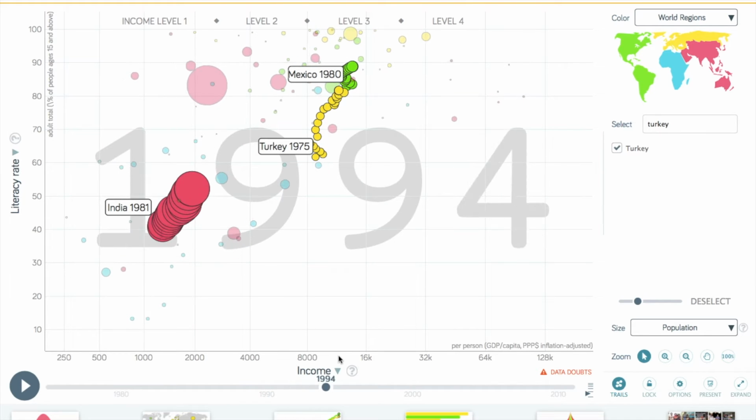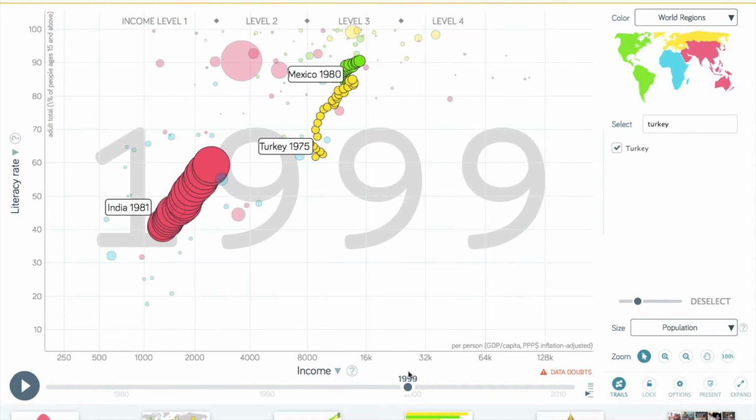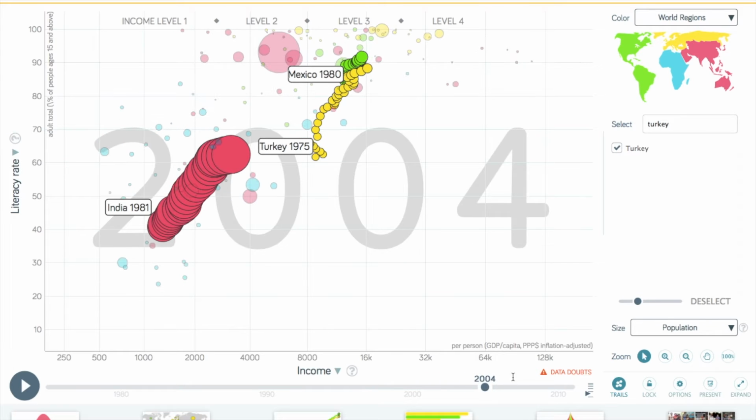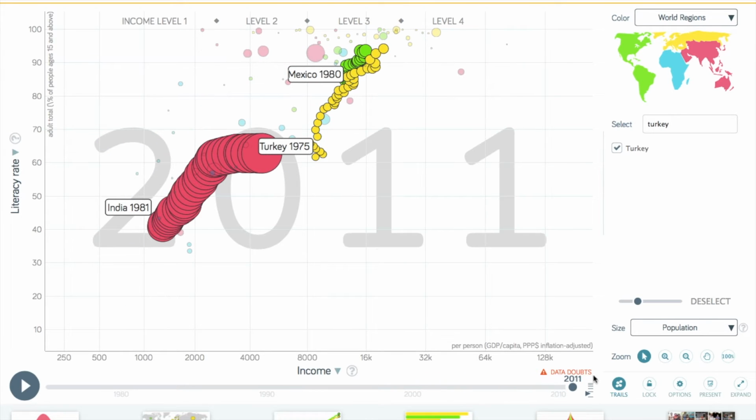Specifically, we notice a positive correlation between income and literacy rate for all 3 countries over time. The correlation between the 2 variables expresses an increase in both literacy rate and income over time. The correlation between literacy rate and income level seems fairly obvious. The more of your population that can read will result in an increase of the income that the population will